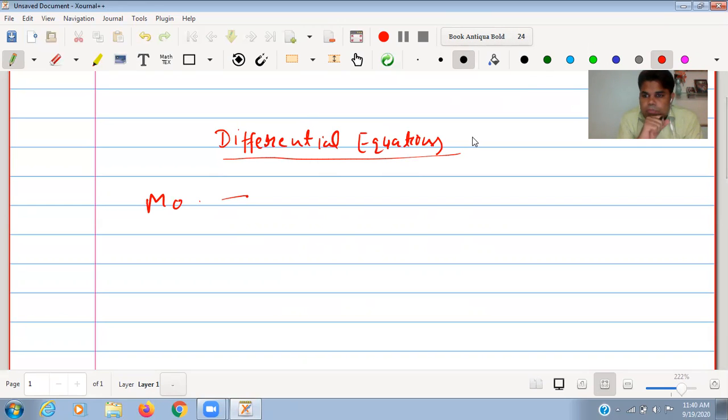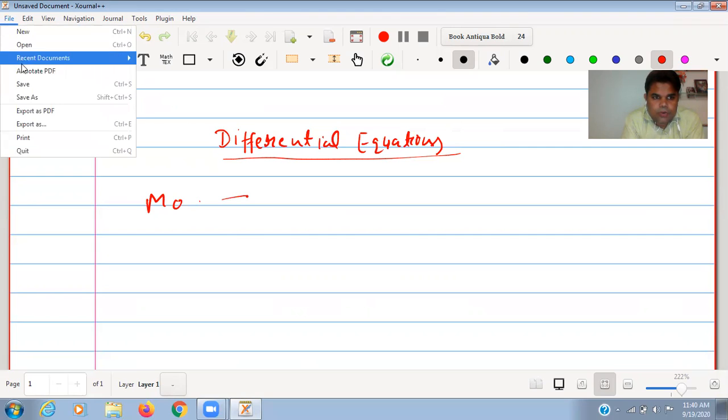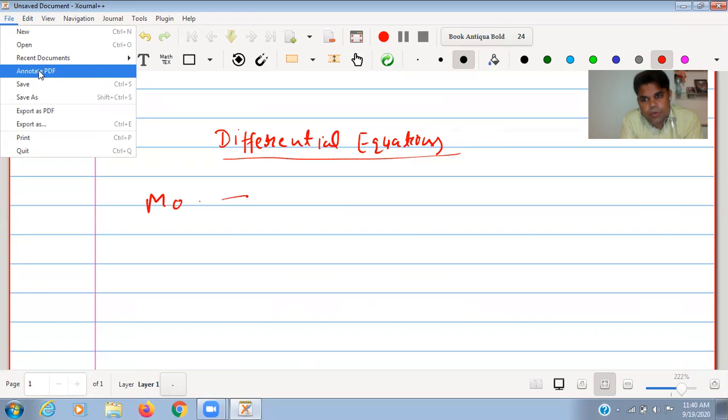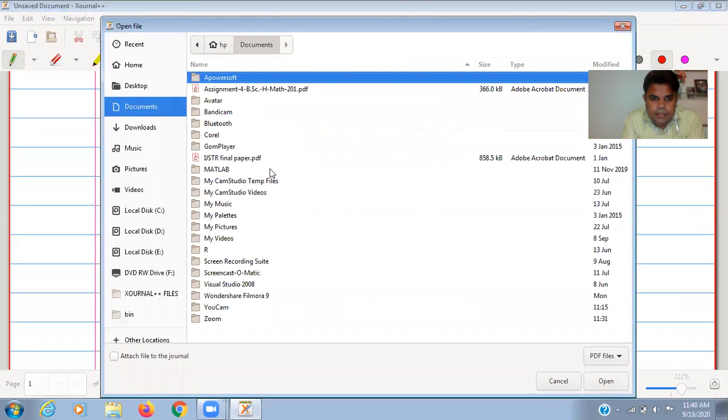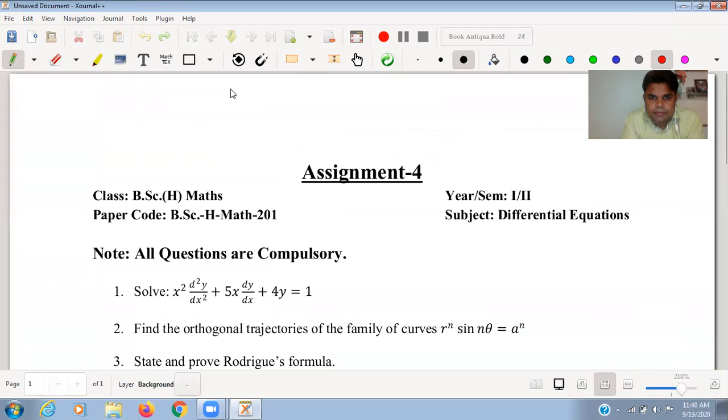The most important thing is that if we have any PDF file and we want to explain it to our students, then we can annotate it by using Journal++ and this digital pen using the Wacom pen tablet. I will show you. Annotate means suppose we want to explain something on a PDF and write on it. I am opening this PDF file.